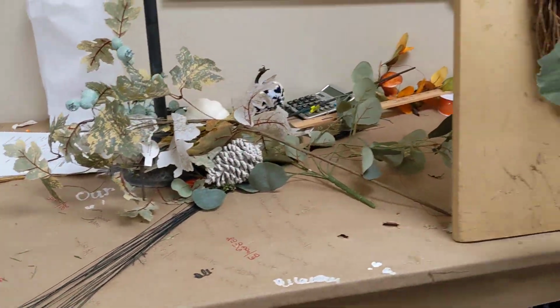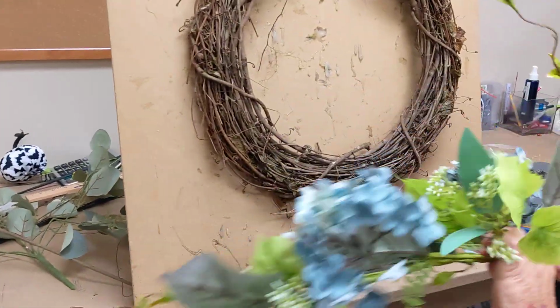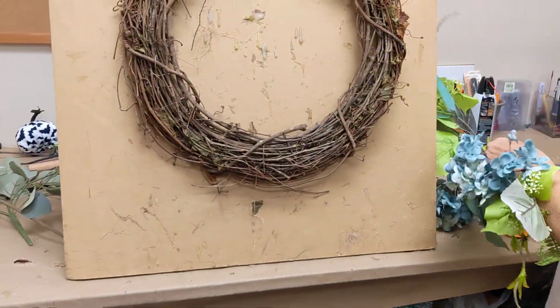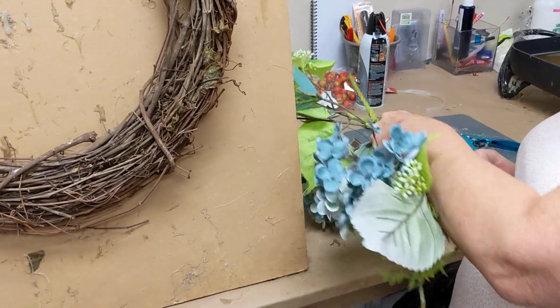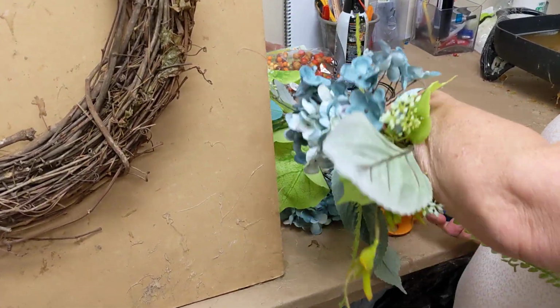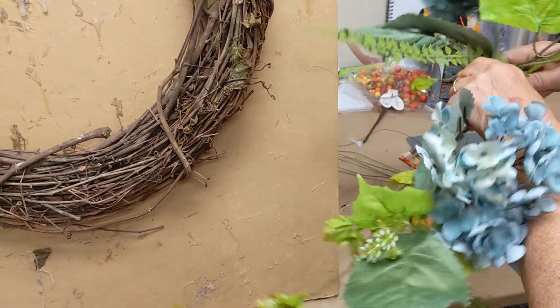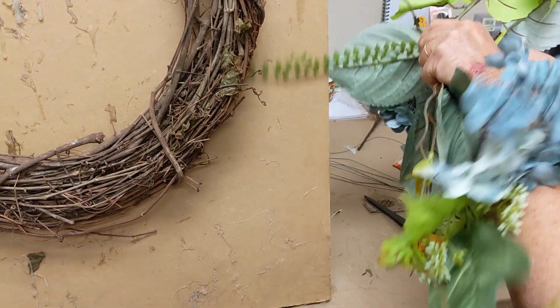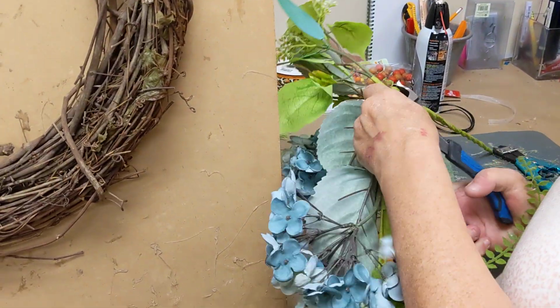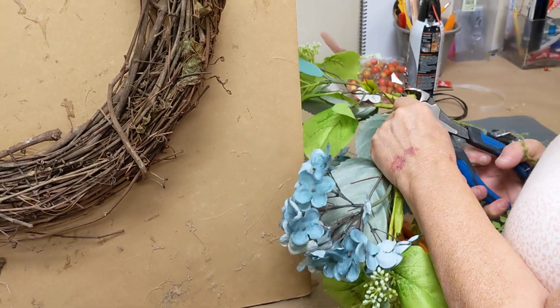So to start out, I am going to take my stem with my hydrangeas and I am going to cut it in half so that I can separate a little bit. You could leave it whole, but because I want to have just a little bit more control on it, I'm going to separate it. Sometimes these stems are so thick, we have giant choppers in here that we use,